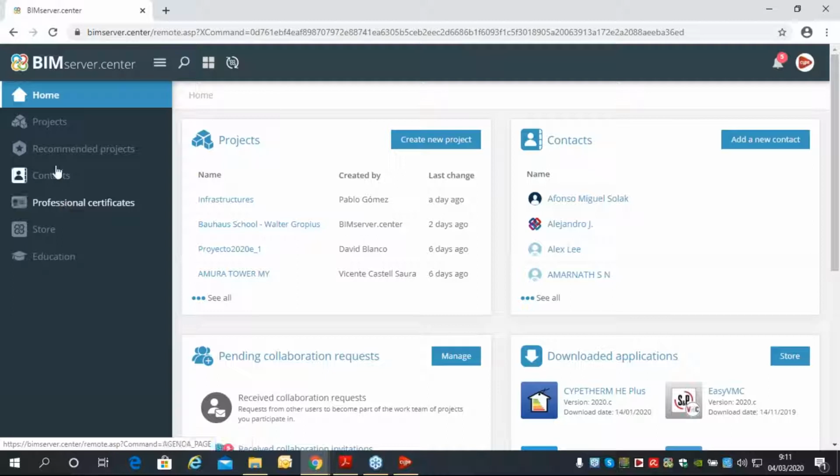Also, you can create your team members and your groups of projects in your contact list, obviously in the platform. We also have educational purposes. For example, for universities and institutions, we can create educational projects. Also, we can search for job opportunities, like LinkedIn or any other network for searching for job